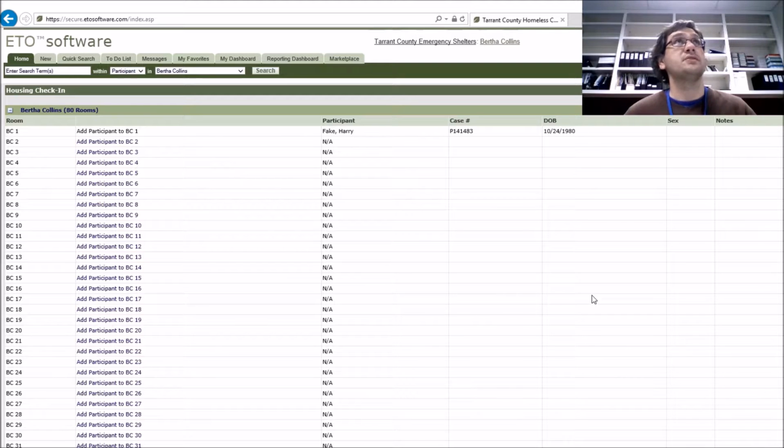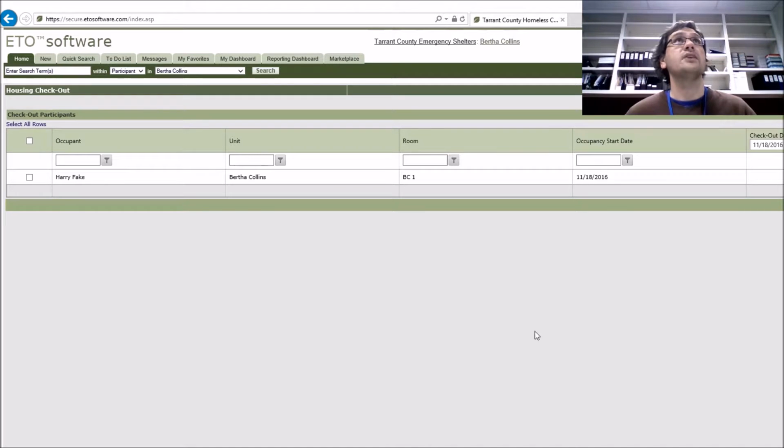So to check a participant out of the bed, you will need to go back to Record Efforts and to Housing Checkout. Housing Checkout is a little bit different of a screen. It's going to list all the people that are